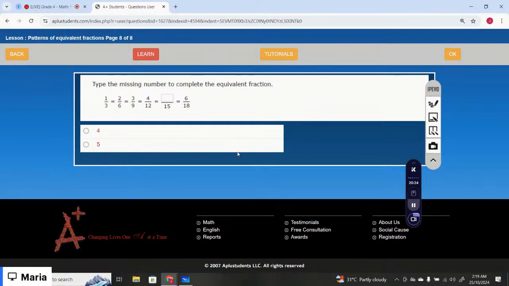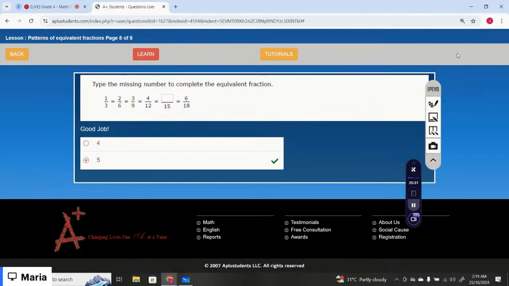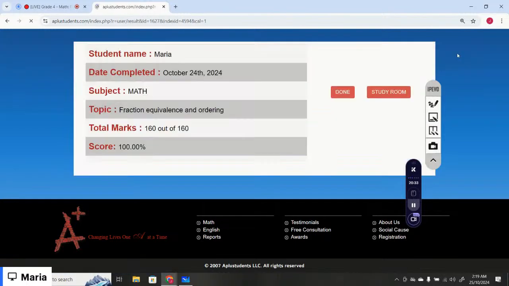So 1 times 5 is 5. Very good. Okay, we are done with the lesson. Let's just move on to next lesson. And the next lesson is